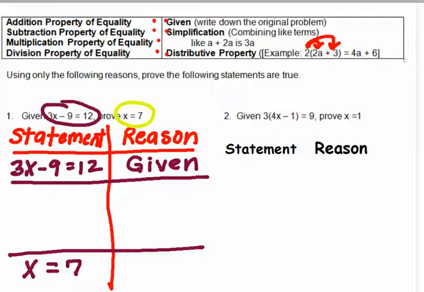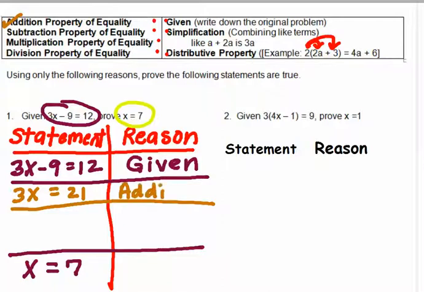Okay, now don't worry about the fact that it's a proof. Just think about what you would do if you were in an algebra class. We would add 9 to both sides. I'm not going to write plus 9, I'm just going to write 3x equals 12 plus 9 is 21. Okay, and what we did just there is we added to both sides. So that's going to be this one up here, the addition property of equality. And I'll just abbreviate a little bit. Addit,